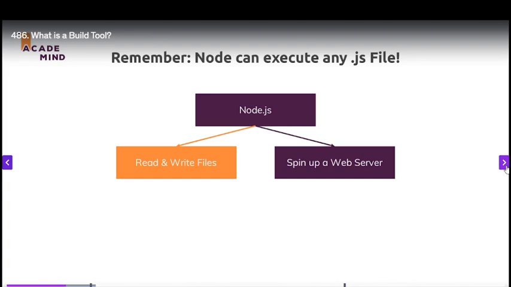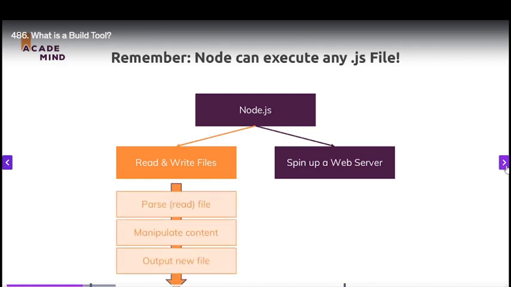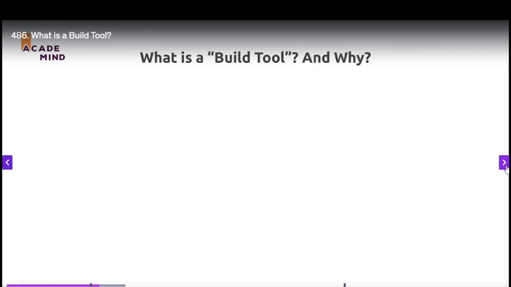And that opens us a new door, a new opportunity. We could use Node.js to execute utility scripts that, for example, parse certain files, manipulate the content, and output the manipulated content back into the original file or into a new file. And that is the idea behind so-called build tools. And that is something Node.js also is capable of being used for. And it's important pointing out here that when we talk about build tooling and build workflows, we mostly talk about front-end web development. Like